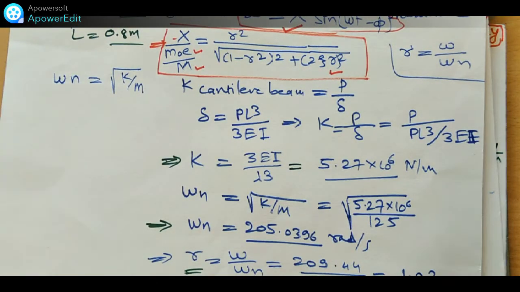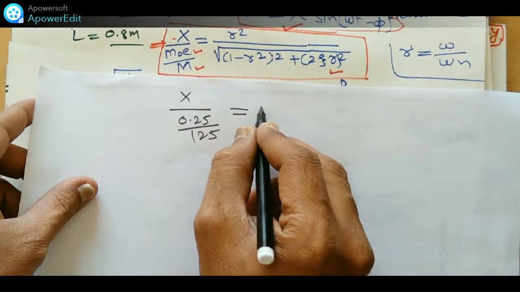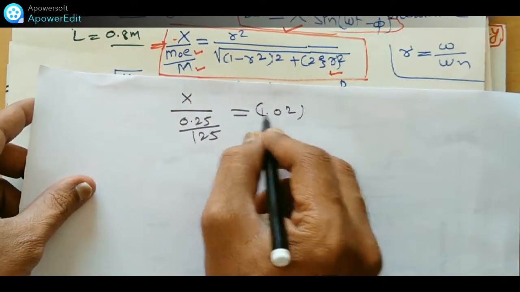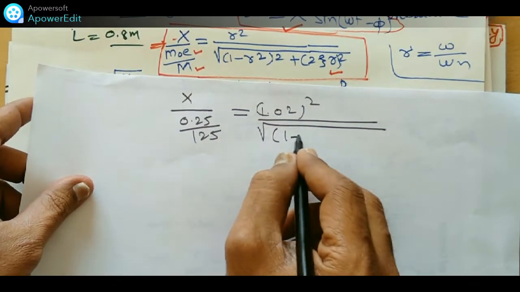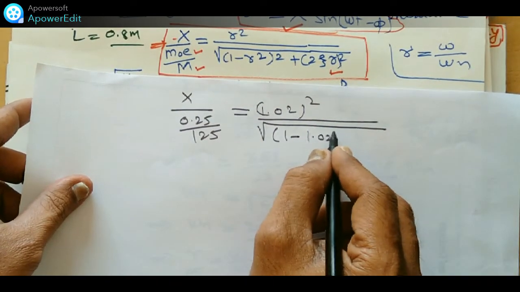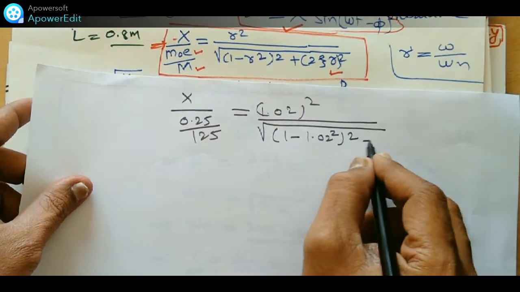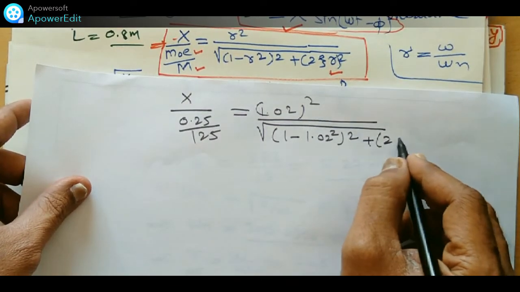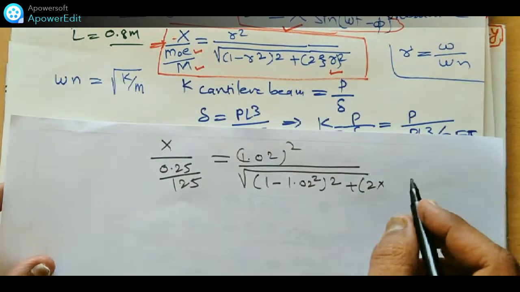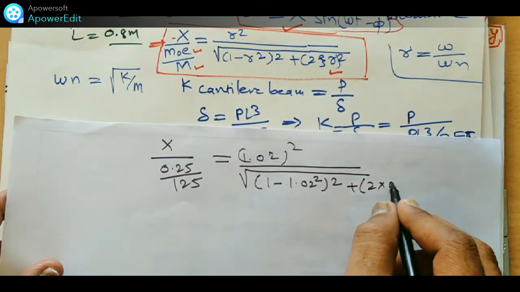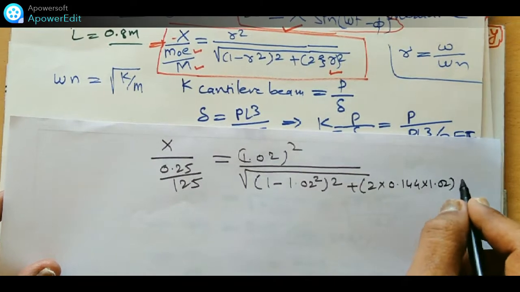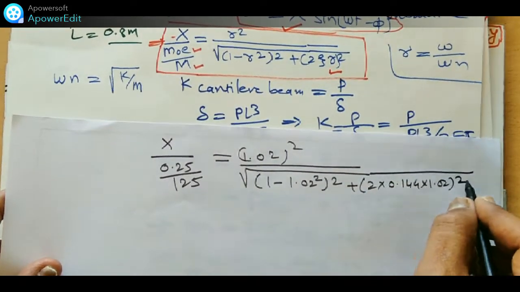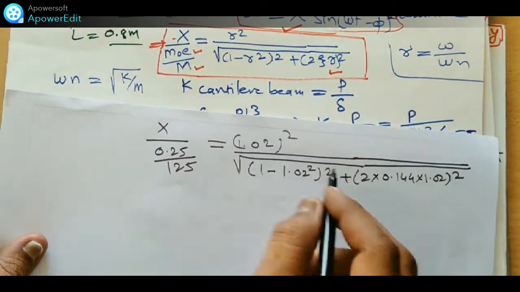The value of 1.02 square upon under root of [1 minus 1.02 square] whole square plus [twice zeta, zeta already calculated as 0.144, into 1.02] whole square. Okay, after solving this,